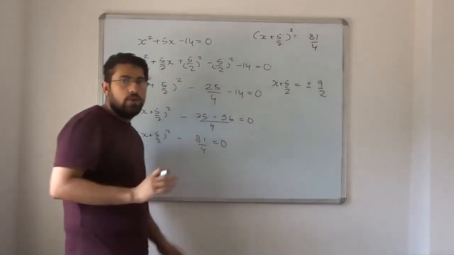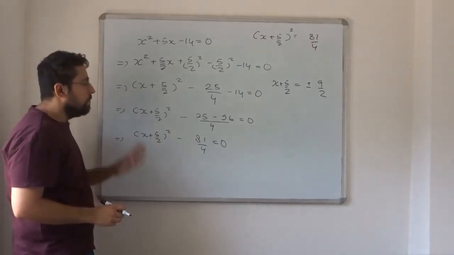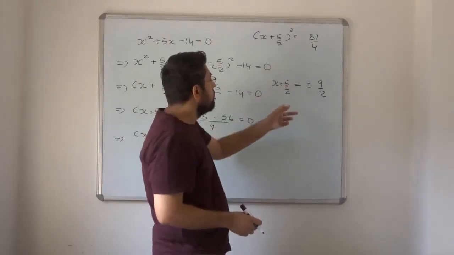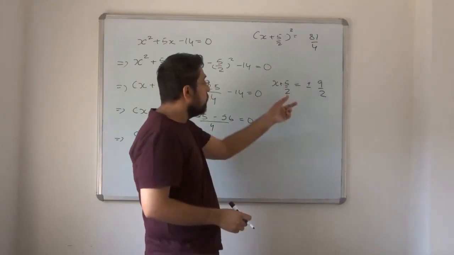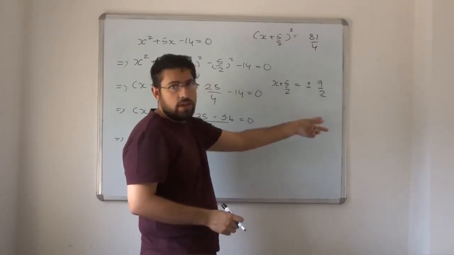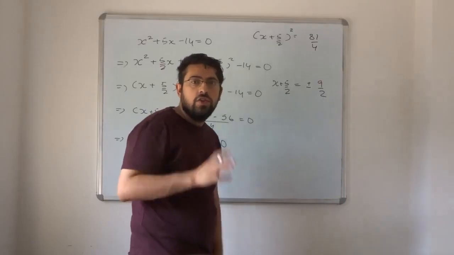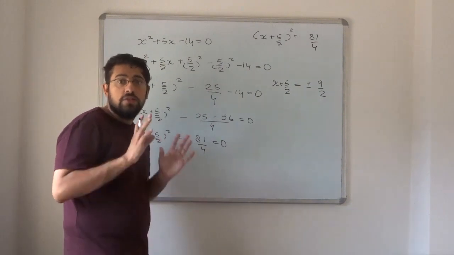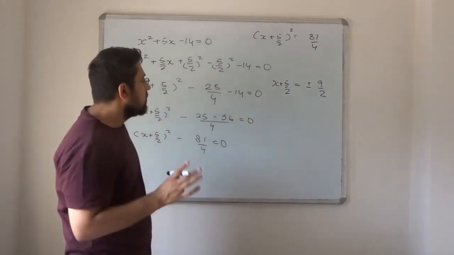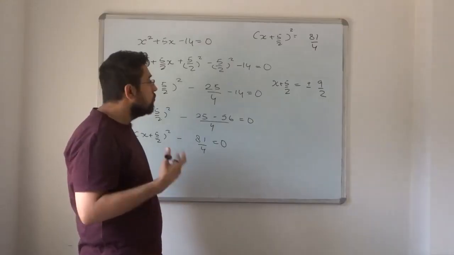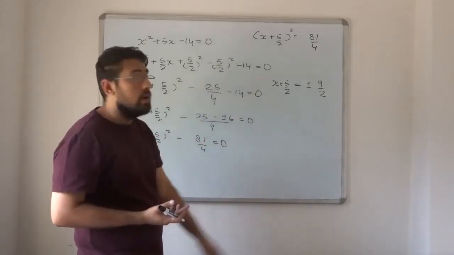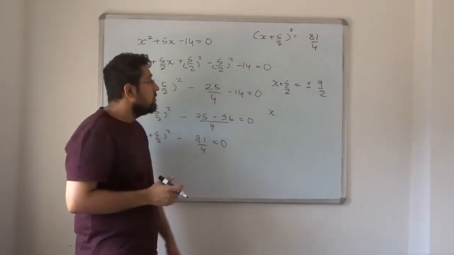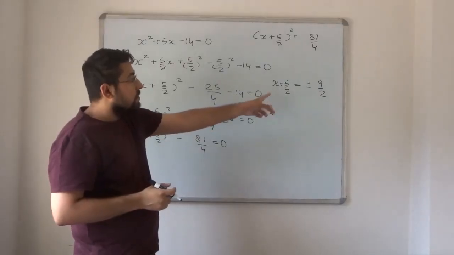Now one more thing that I want to tell you guys is, as you're completing the square, once you cancel out the square by taking the square root on both sides, if you do not get the same denominators, then you've made a mistake somewhere. So just remember that. I've practiced this concept enough to really know that. So just keep that in mind. And sometimes guys, it can be possible that you've got the right denominators, but because